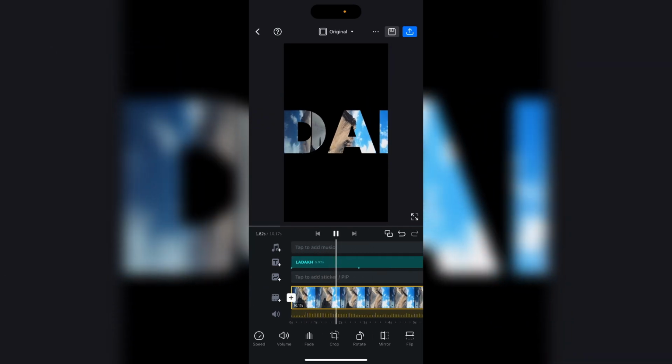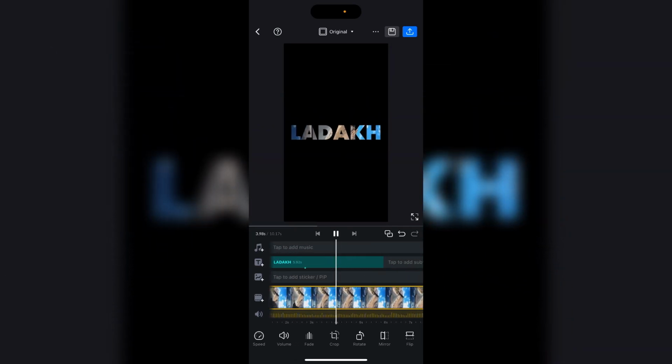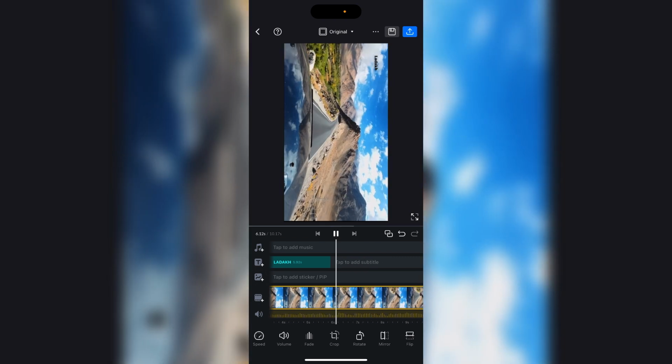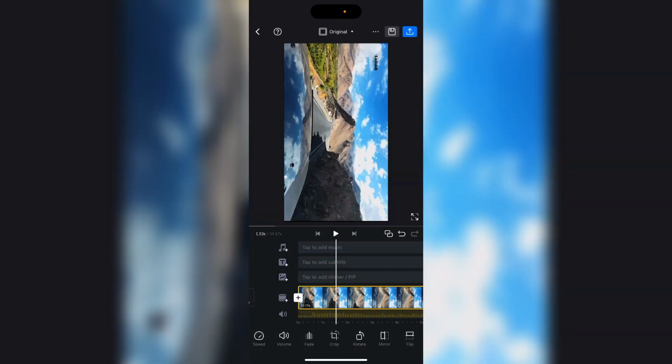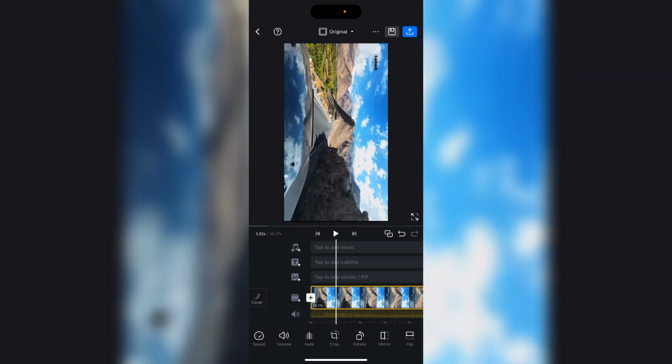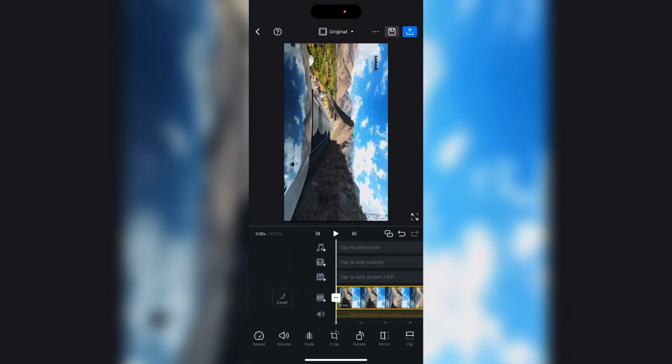Have you seen this trending effect, video in text? I'm going to show you live in this video how you can create this in VN app. So let's start. First of all, you have to import your video on the timeline, then click on text,